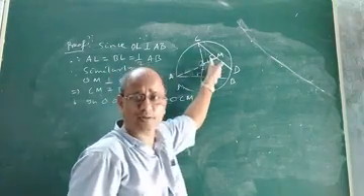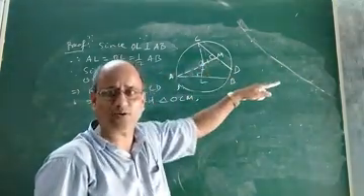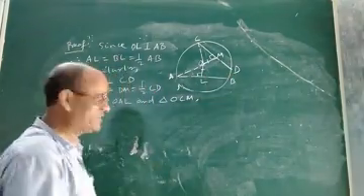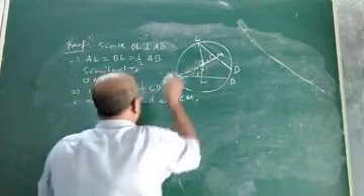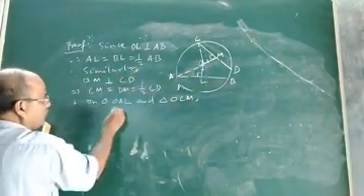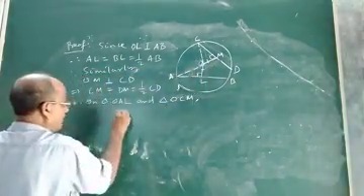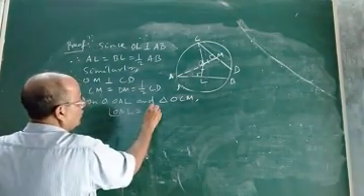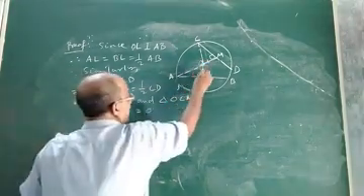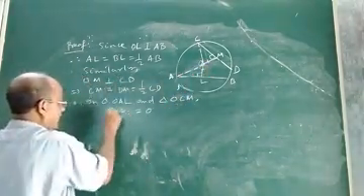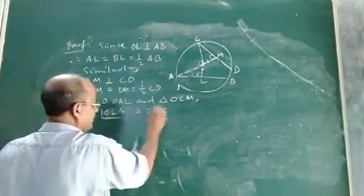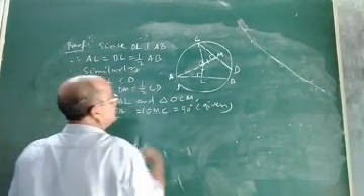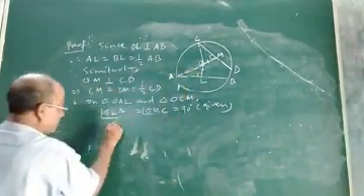And if AL is equal to CM, then take double: twice AL equal to twice CM. Then automatically AB will be equal to CD. Let us see how interesting it is. First let us prove the congruence of these two. So what are the matching parts? Angle OLA equal to angle OMC, it is 90 degrees, given. Then OA equal to OC.